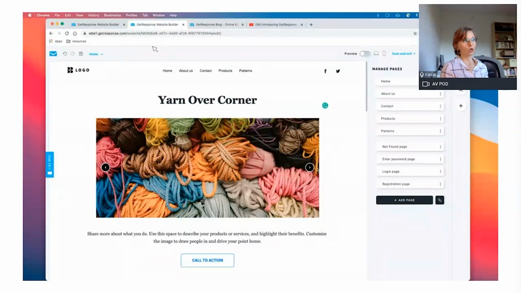So here's my little imaginary business. Let's say that you've decided to turn your hobby into a business and source of income. And because I am an aspiring crocheter and knitter, I've decided to go with a knitting and crocheting site that is going to be selling yarns and selling patterns. I already have my core pages ready. I have the home, about us, contact, and products and patterns page,